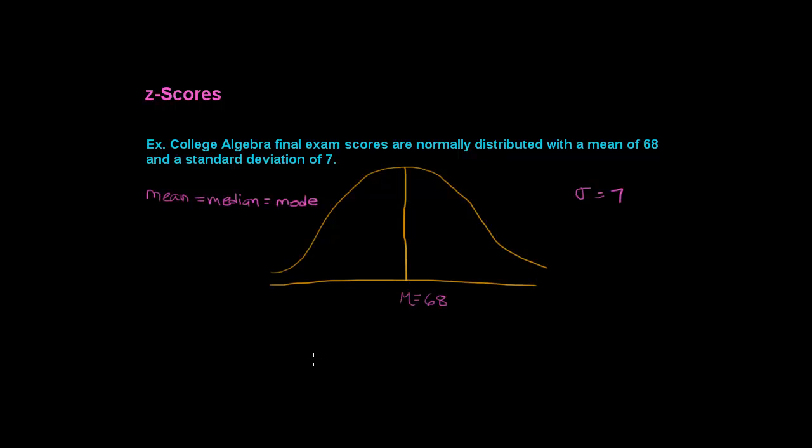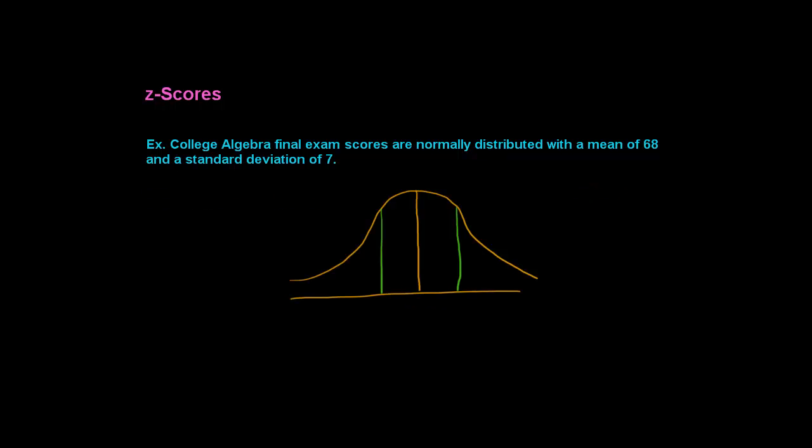Well, something else we know about a normal distribution is how the data is spread out. So for example, we expect that 68% of the data would fall within one standard deviation of the mean. So if our mean is here at 68, and we said the standard deviation is 7, then 68 minus 7 would give us this endpoint, or 61, and 68 plus 7 would be here,